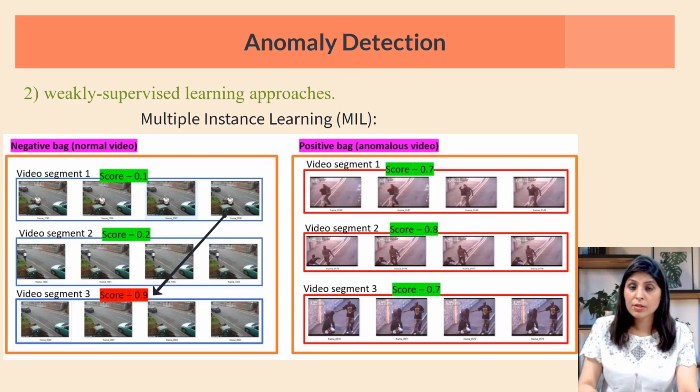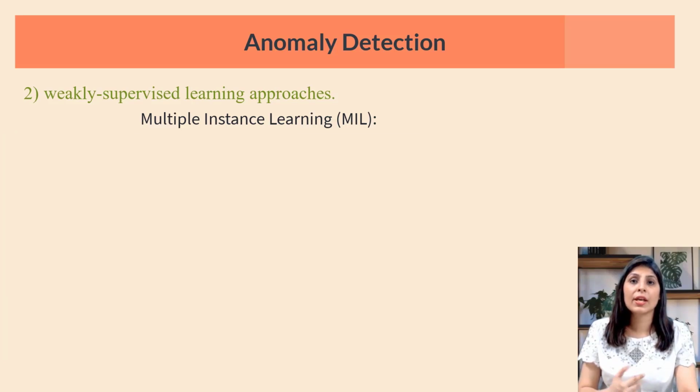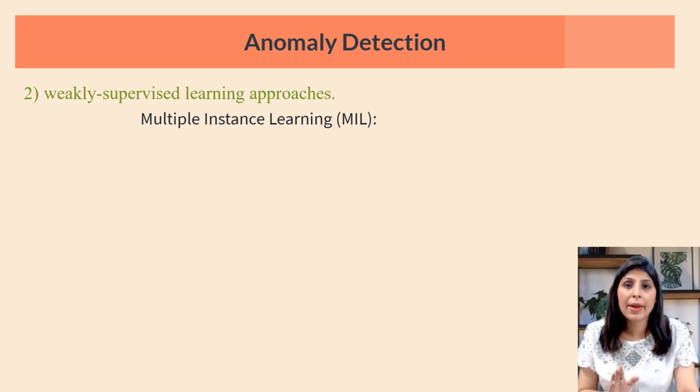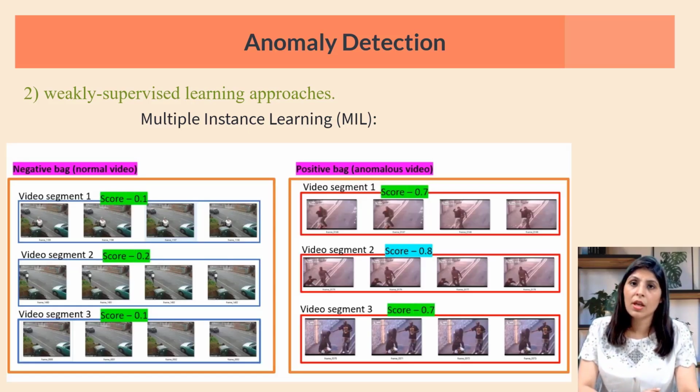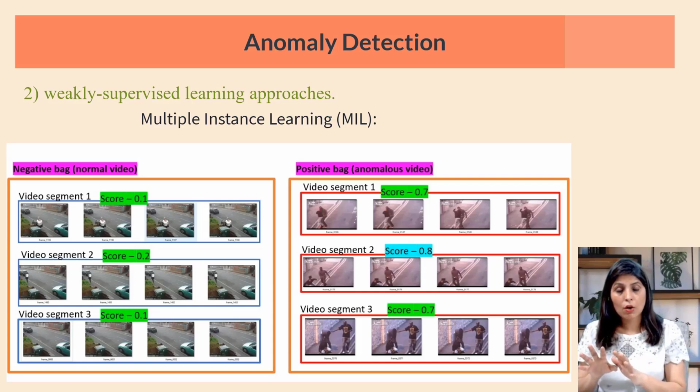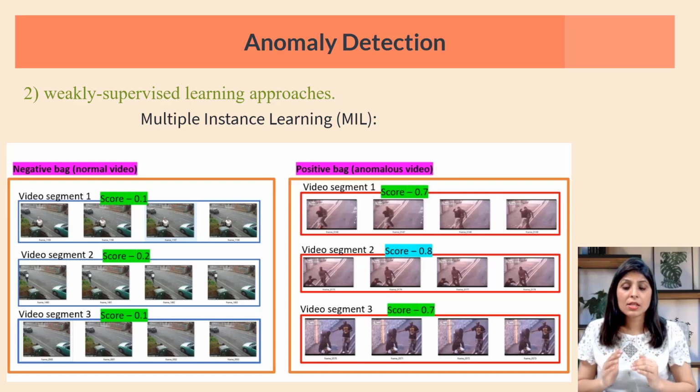Then during inference, once your model is trained, our trained model is used to process each video segment one by one to produce an anomaly score, which is then compared with a threshold to decide if the segment is normal or anomalous. So this is the basic idea of MIL, and here I have told you how this ranking loss works in general. Now let's see how MIL based approaches usually work. What are the different components in it?